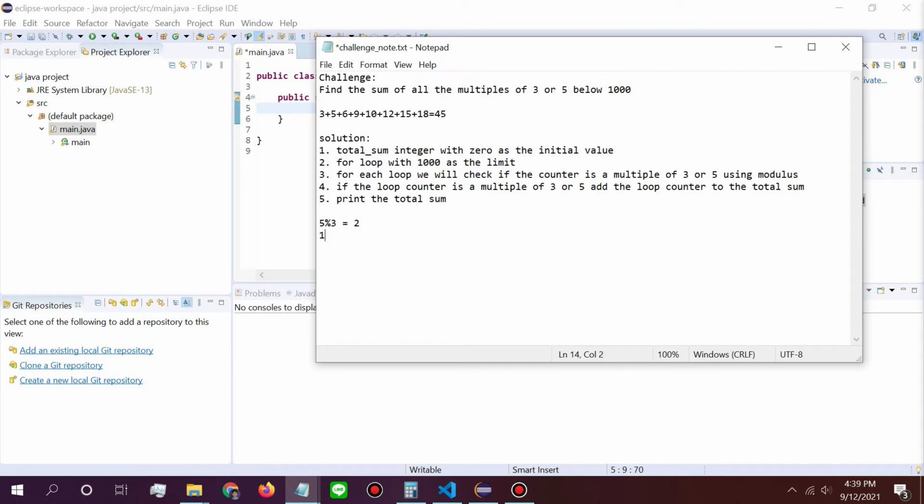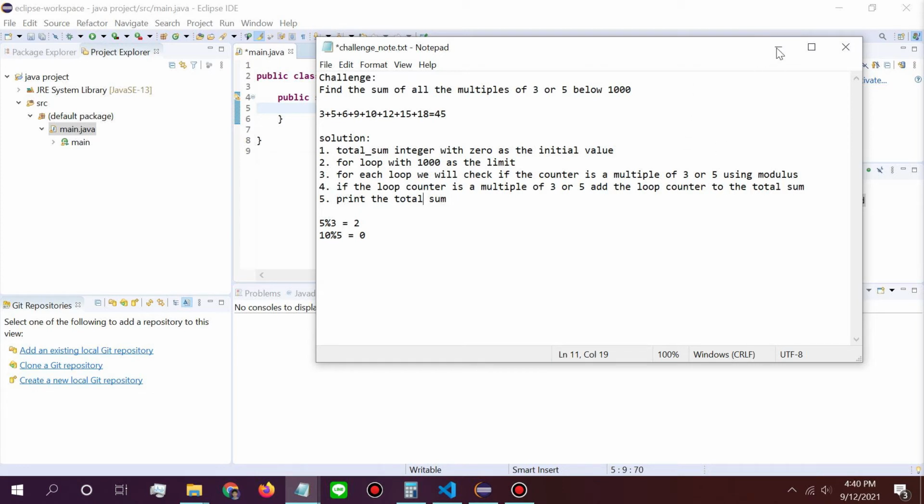So, when 10 modulo 5 equals 0, we can be sure that 10 is a multiple of 5. That's how we check it. Then, if the loop counter is a multiple of 3 or 5, we will add the loop counter to the total sum. Then in the end, we will print the total sum.